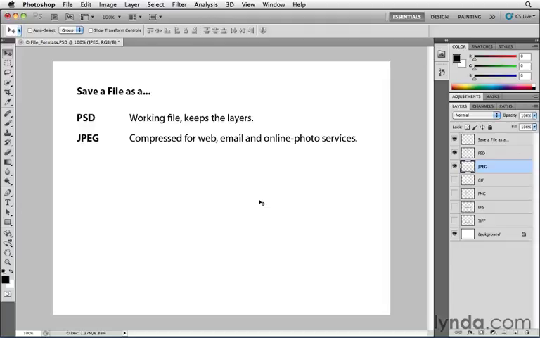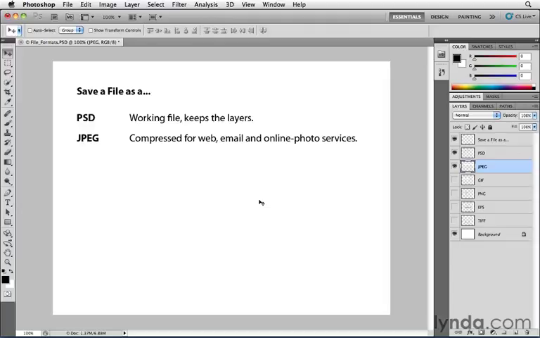So at the very high end, the highest quality setting, your eye may not actually be able to notice that anything was thrown away. Whereas if you go lower in the quality, then you actually start seeing things like artifacts and compression artifacts and so forth. JPEG is probably one of the most common file formats. It's typically what people use to email each other. It's what a lot of the online photo services accept. If you use Shutterfly or Flickr or even Facebook or whatever, you're typically throwing up JPEG file formats to those